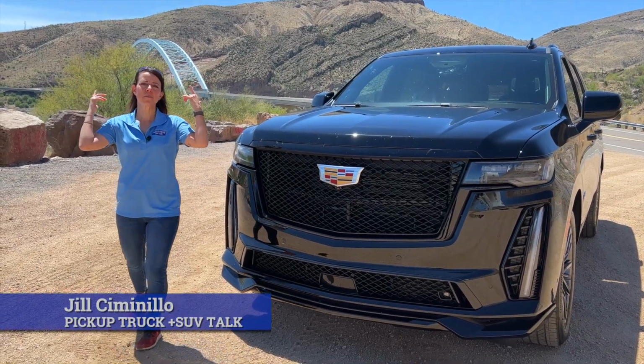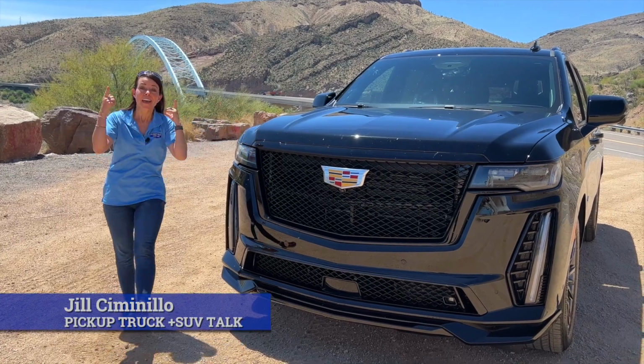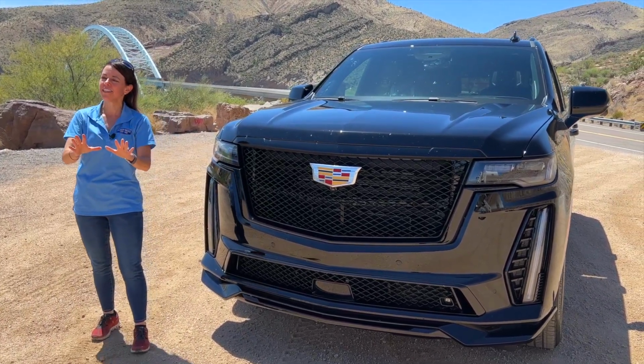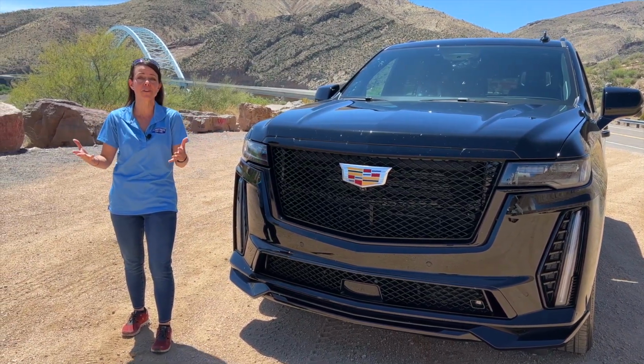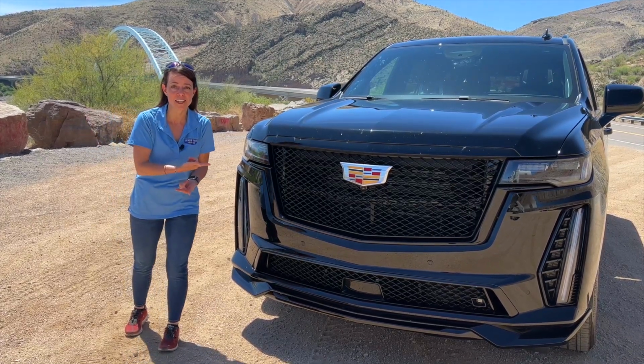Hey, this is Jill Ciminillo with Pickup Truck Plus SUV Talk, and today I've got this big boy. This is a Cadillac Escalade-V, and it's actually an ESV, so it's the extended wheelbase version because, frankly, this is the first vehicle Cadillac could get off the line, and so we wanted to test the engine, so that's what